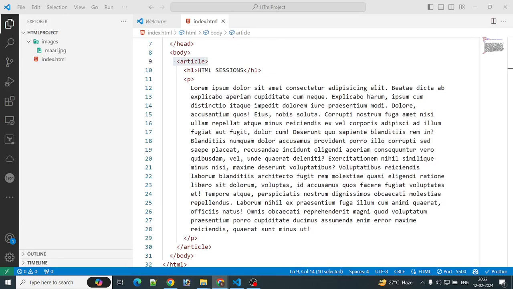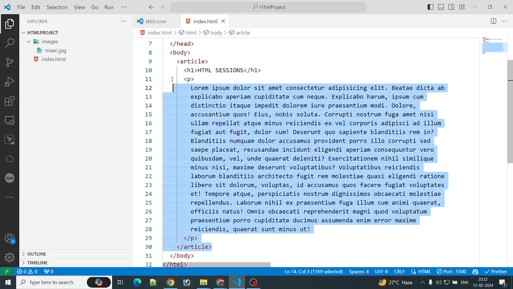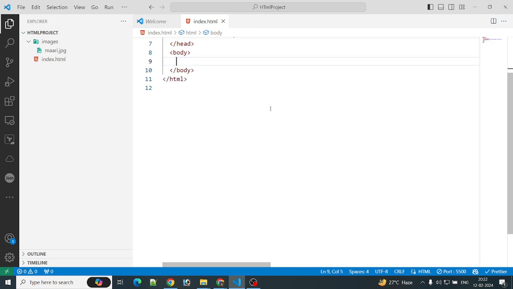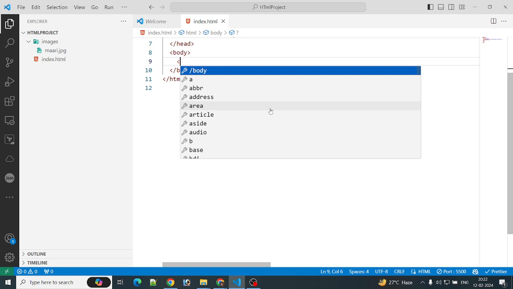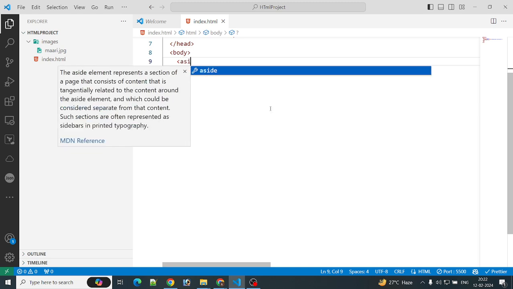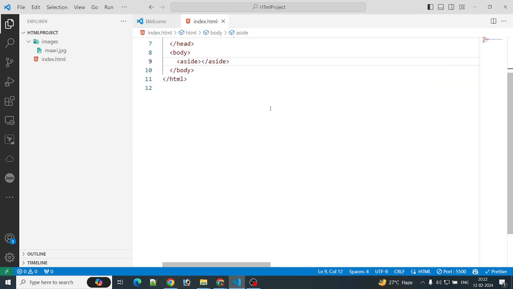Block level elements. Besides article, we have some more tags. I will directly give the list of them. So what are they? Article, aside. When we are going to design some left side menu bars,